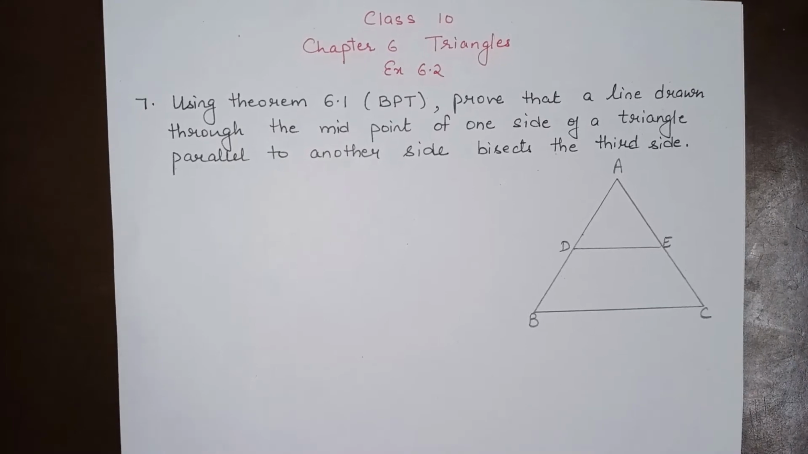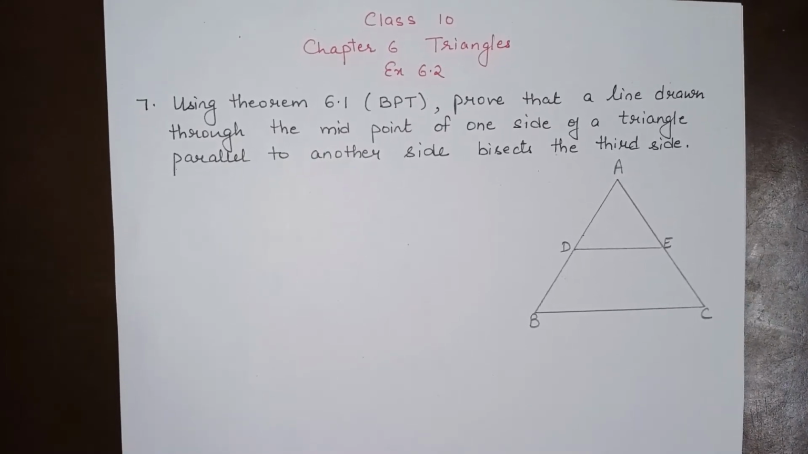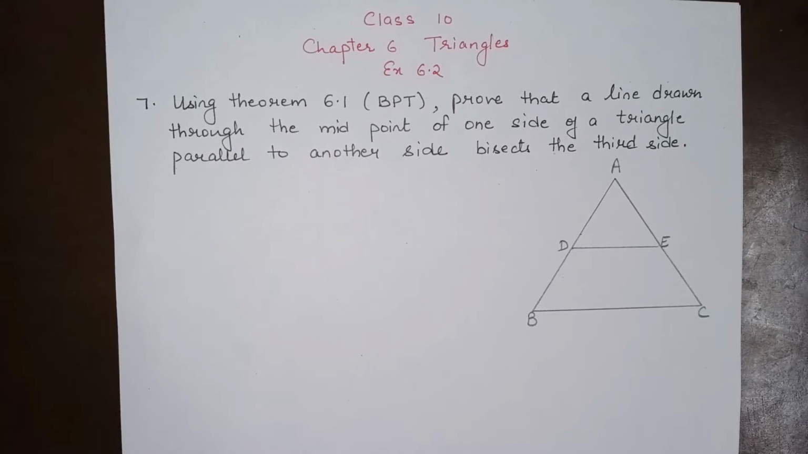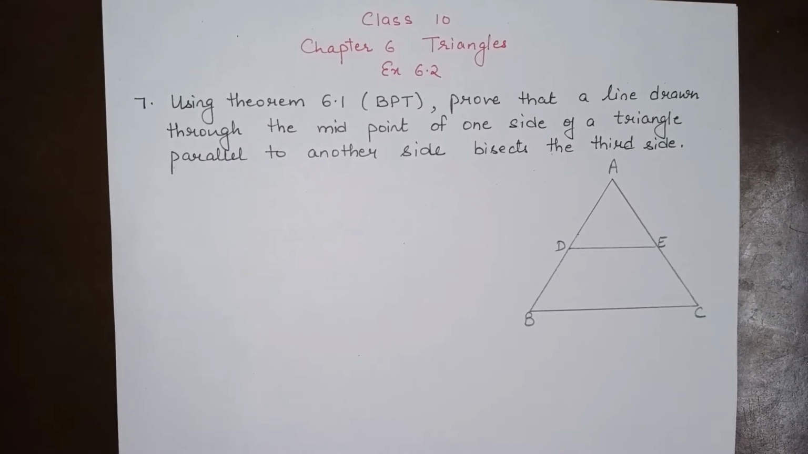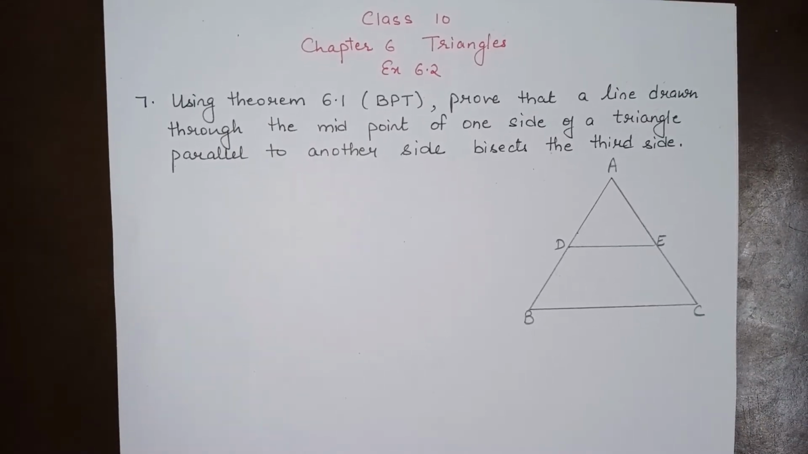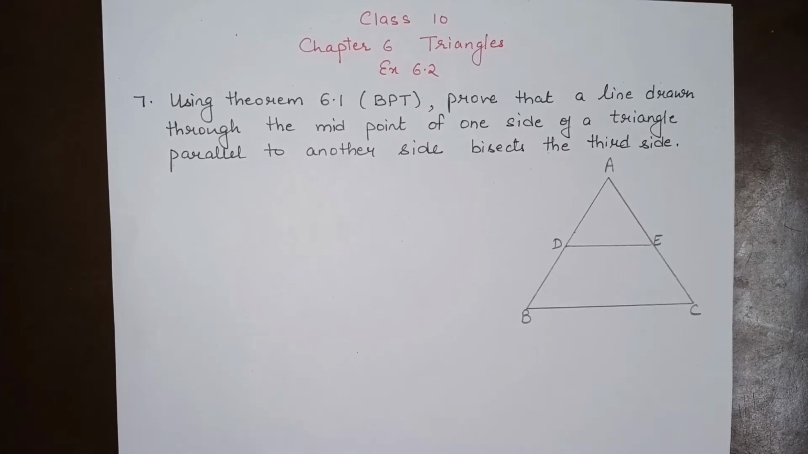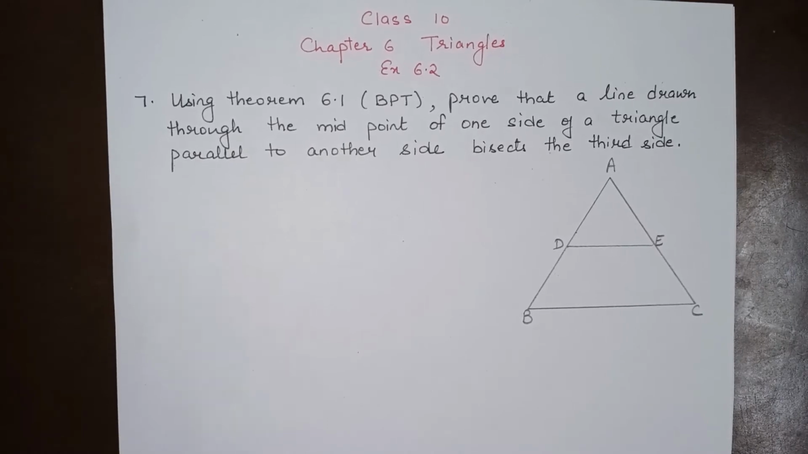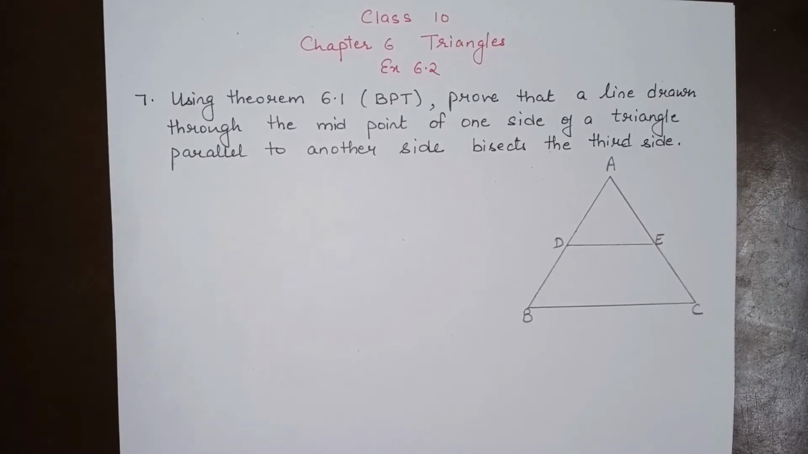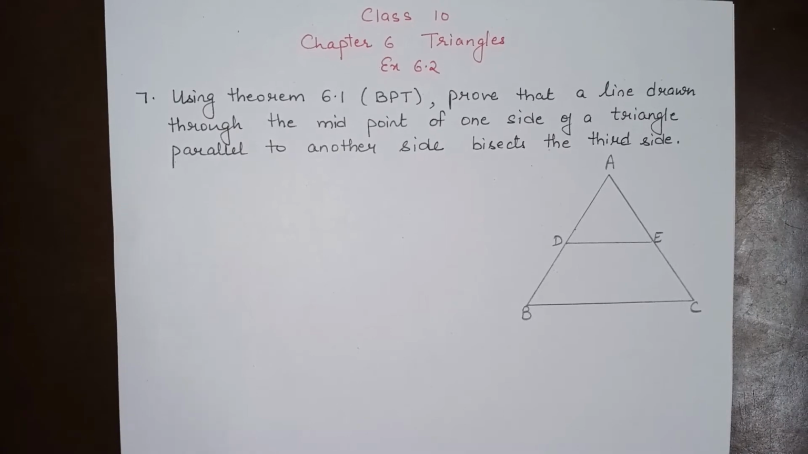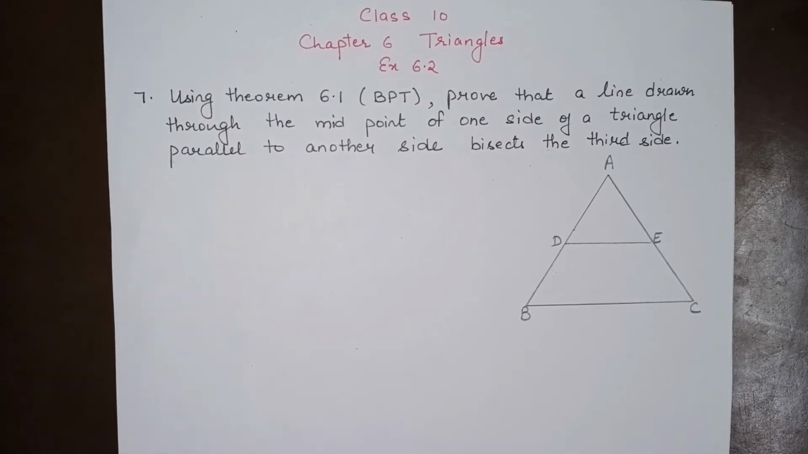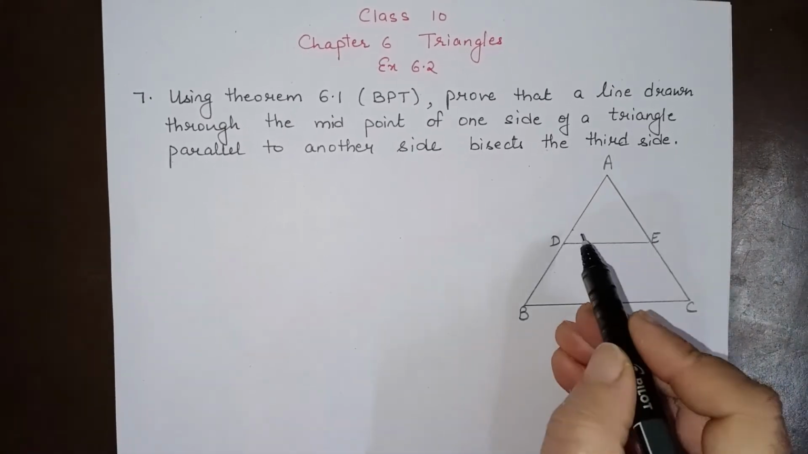Hello everyone, today we will do class 10th chapter 6th triangles exercise 6.2 question number 7 using theorem 6.1. Now theorem 6.1 is the basic proportionality theorem, that is, here we have to use the basic proportionality theorem. So using theorem 6.1, that is BPT, prove that a line drawn through the midpoint of one side of a